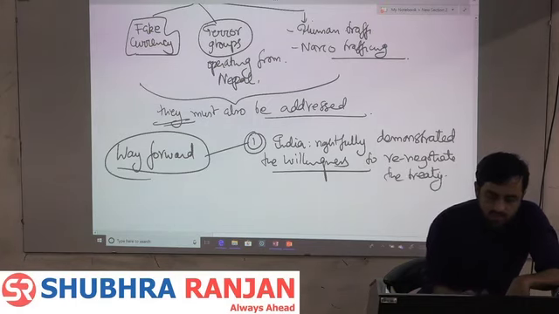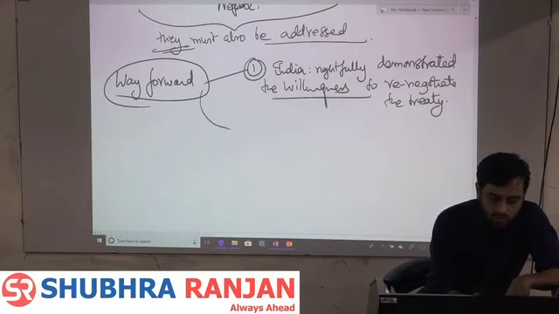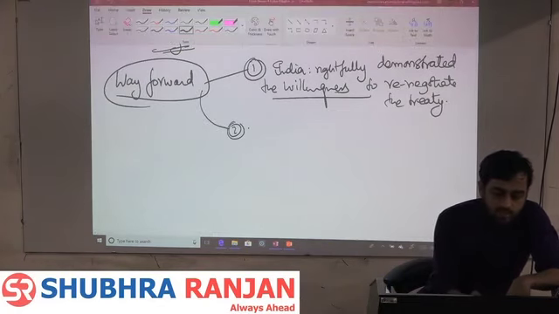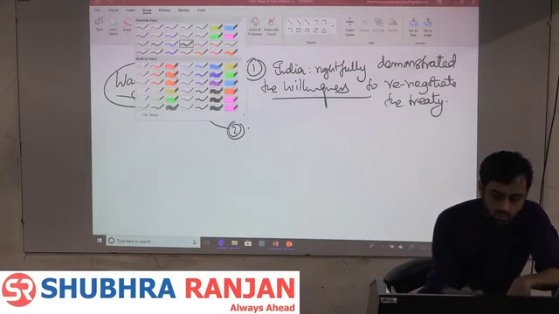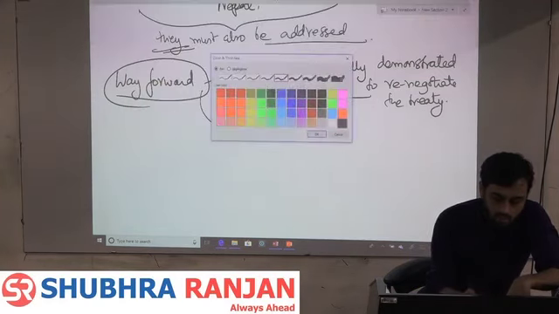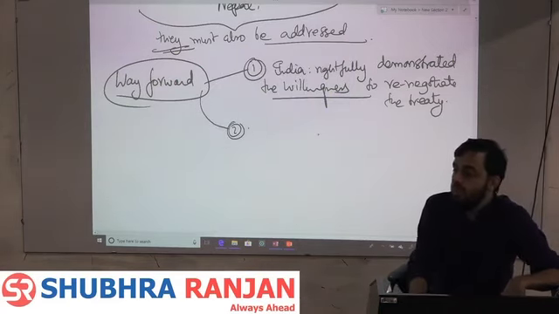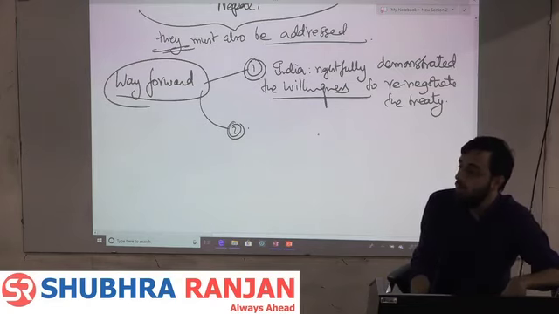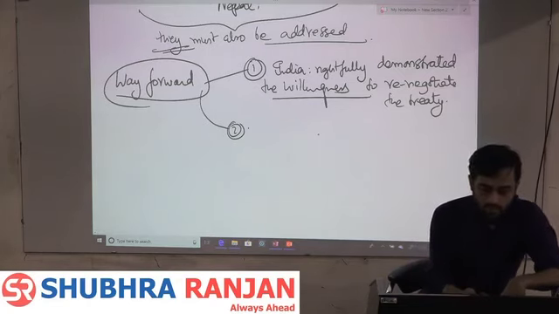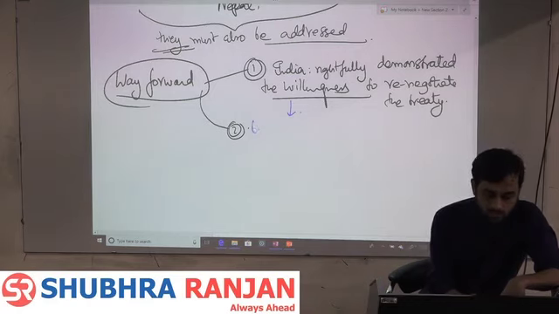Because if India says that we are not going to renegotiate the treaty, then this projects India in a negative light, that India is trying to unduly coerce Nepal into doing something that Nepal doesn't need or want. So India has rightfully demonstrated the willingness to renegotiate the treaty because